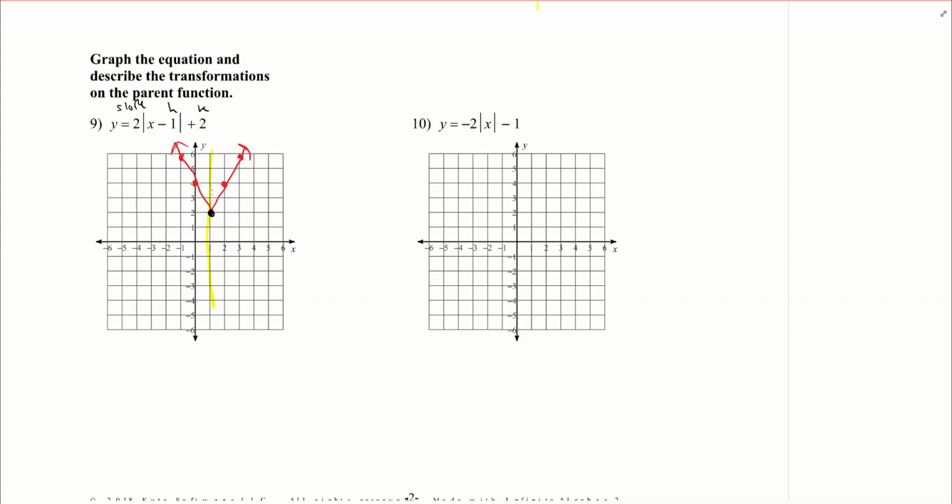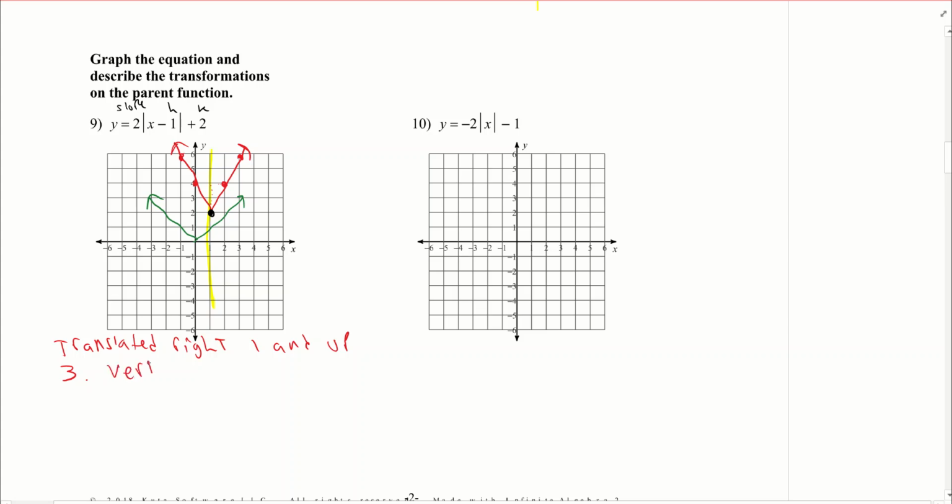It asks us to describe the transformations on the parent function. Just remember the parent function is that graph that goes through the origin, has a slope of 1. So we're just trying to describe how this is different, right? So our function is translated right 1 and up 3. Notice the slope also made it skinnier, but instead of saying skinnier, we're going to say